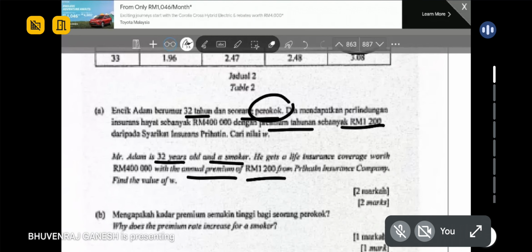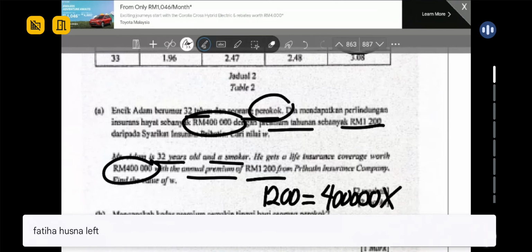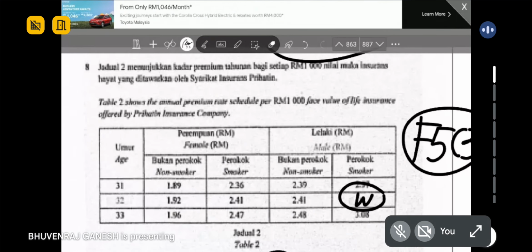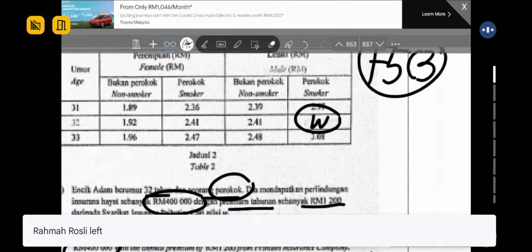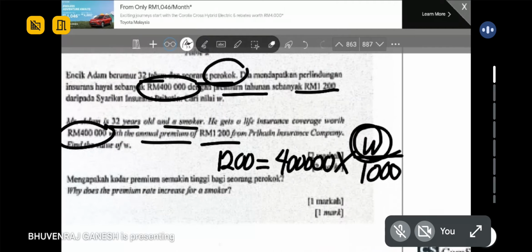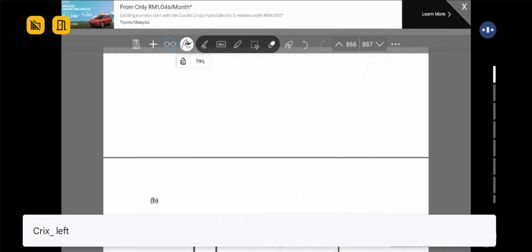Okay, so the formula is annual premium equals face value. Face value is 400,000, guys. 400,000 times premium rate. The premium rate is W. Am I right? Divided by, how much? Divide 1,000. Can you guys see that? So this is your equation, guys. So you solve to find W. That's all. Understand? So your final answer is W is equal to, you should get, let me see,